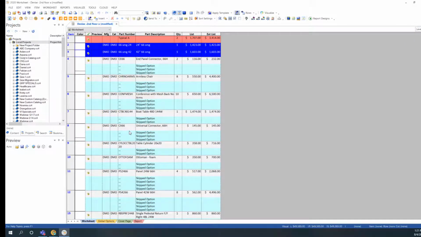So obviously at this point, it's just Worksheet. Put your finishes on, do your discounting, put your proposal together. And if you want to take it into Visual Impression, then just hit the Visual Impression button and you're good to go. So I just touched a little bit on some of the things that I thought were of benefit